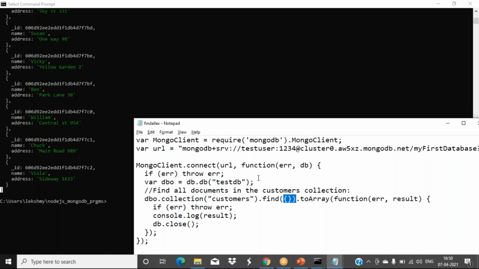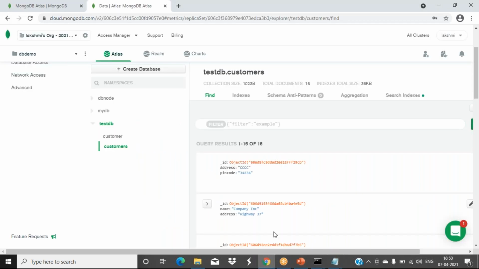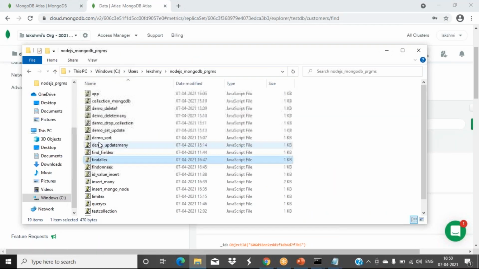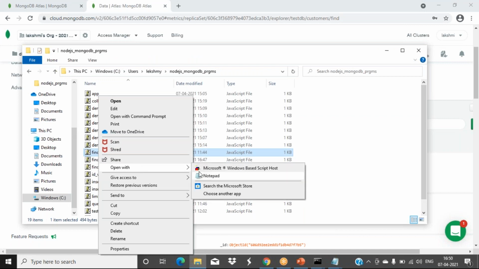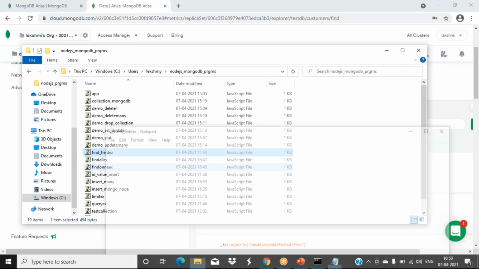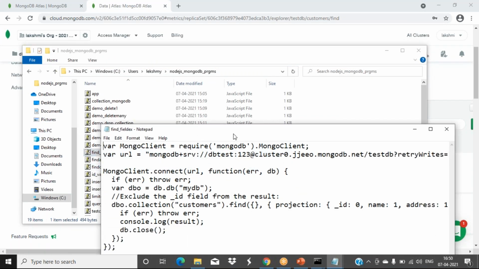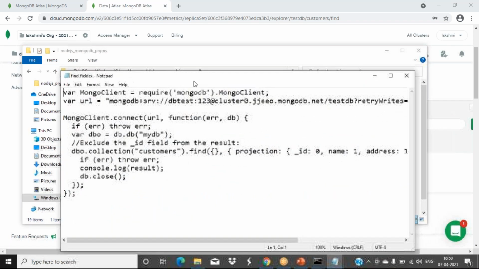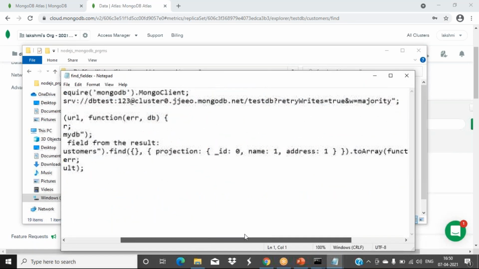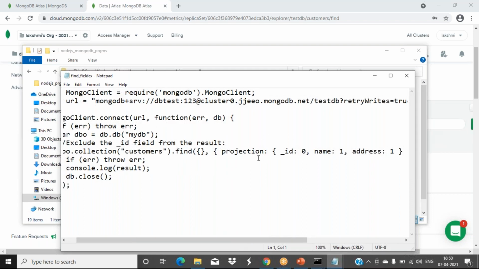Okay, fine. Now if you want, we can specify a particular field. Like this, we have given a projection type of property.